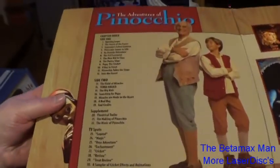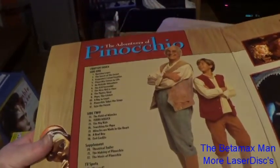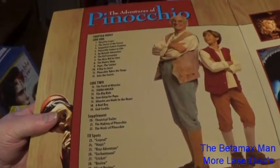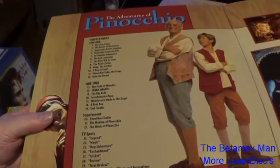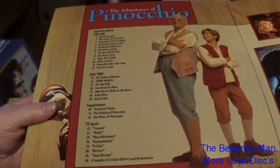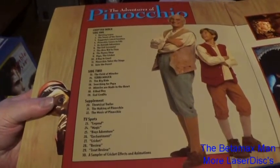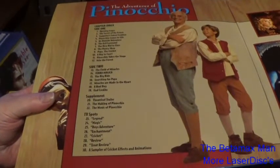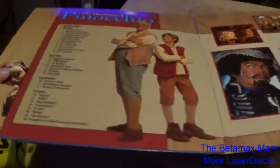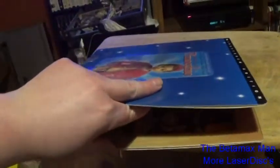Of course, it's got a chapter index, side 1, side 2. Oh, it's got supplements: theatrical trailer, the making of Pinocchio, the music of Pinocchio, legend, magic, boy's adventure, enchantment, cricket review, treat review, a sampler of cricket effects, and animations. Interesting. Wow, how did they get all that on one disc though? Because it's only a one disc set, so how did they...